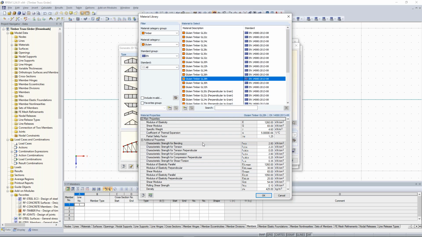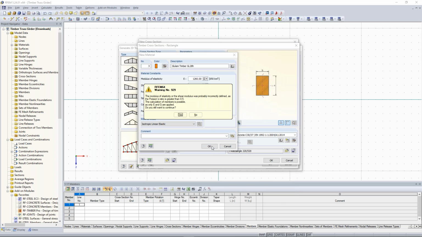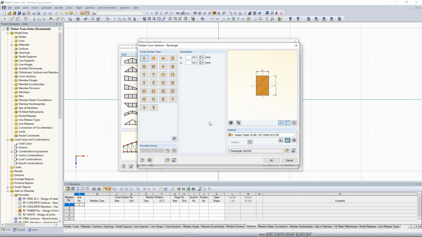So you will see here characteristic strength for bending. I think that's pretty clear when you visited the lecture of timber structures in your study. 2.8 kilonewton per square centimeter. Click on OK, then again on OK, yes,